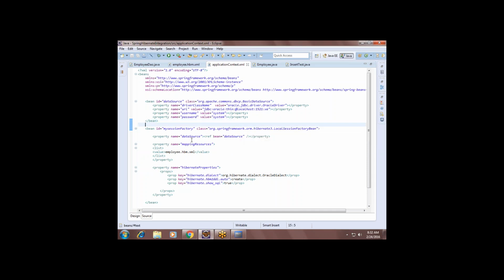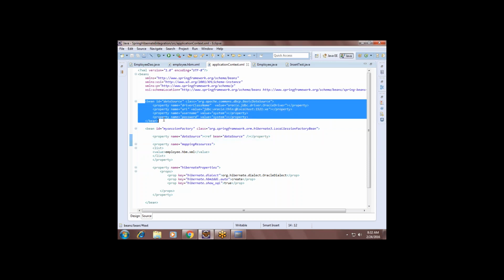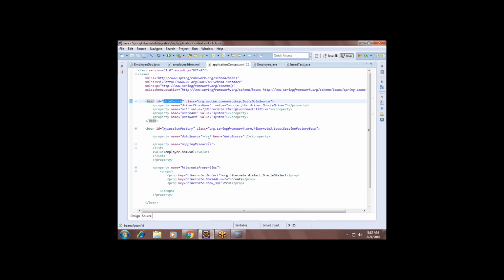As we already know, when Spring is creating a subbean, we need to create the subbean, and the ID of that subbean has to be referred using the ref tag in the main bean. We have to use injection. This is called setter injection, ref tag. If it is another object, we use the ref tag to inject that object into the current object. If it is a normal property, we use value. But data source is not a normal property. It is another bean we are creating. So to create data source, there is another class provided by Spring.